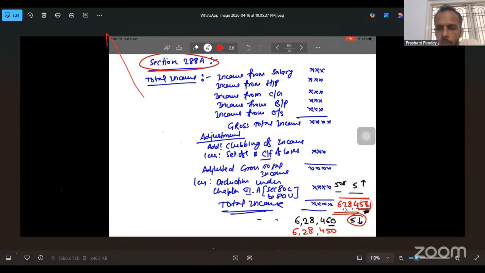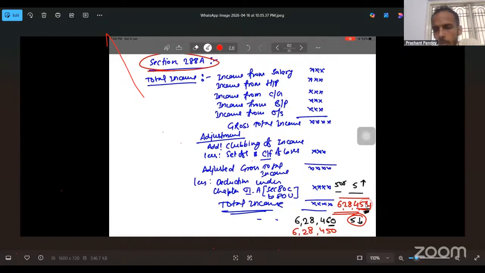That means we will write it as 6,28,450. See here in red, we have mentioned: if the total income is 6,28,454, because the last digit is less than 5, we will reduce this to the nearest 10th place. So that is 6,28,450. In the same way, if the last digit is 5 or above,